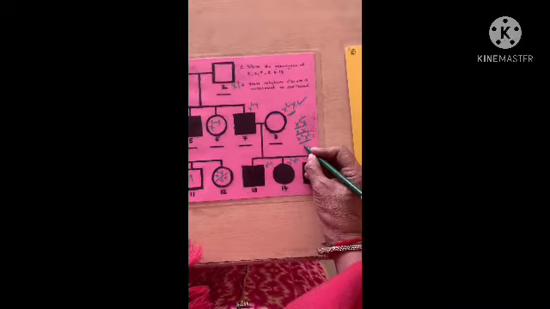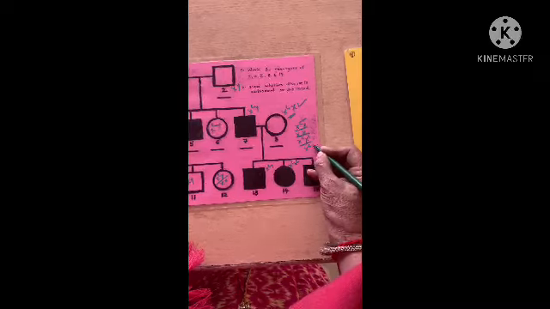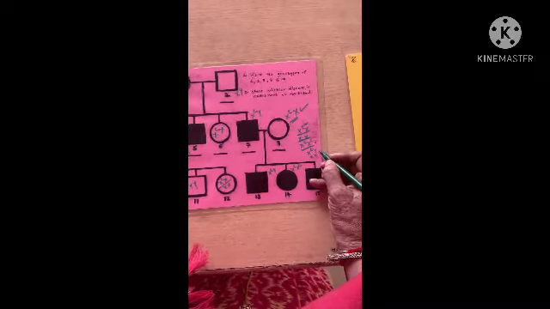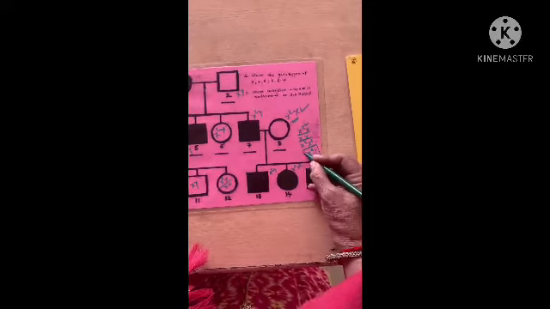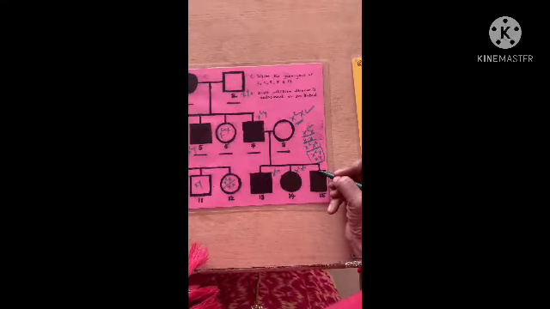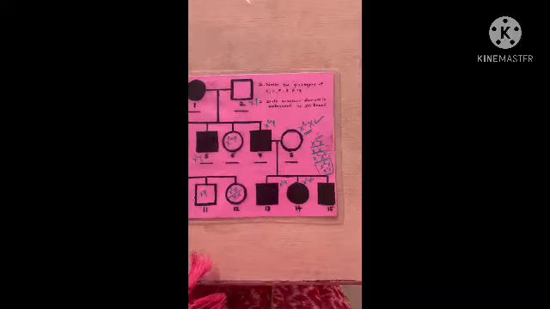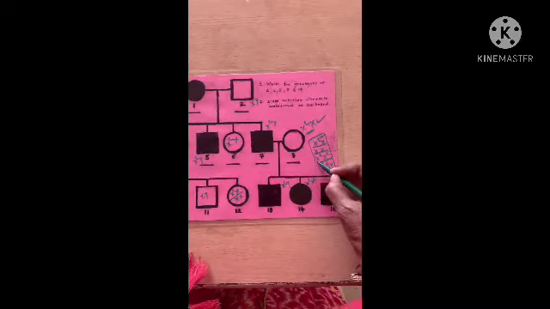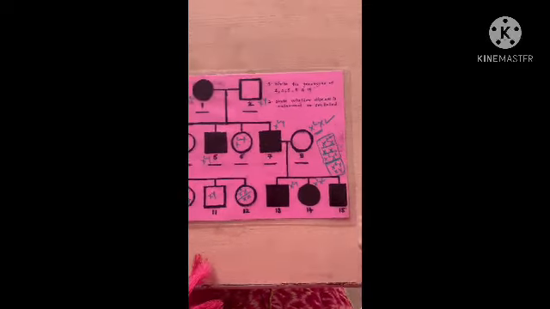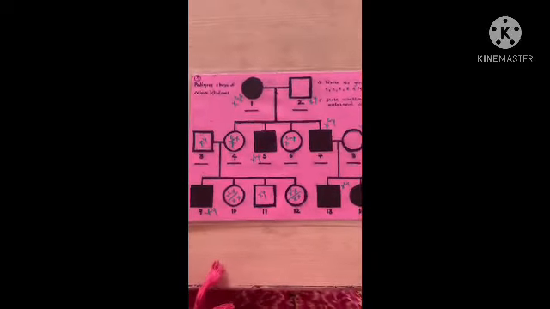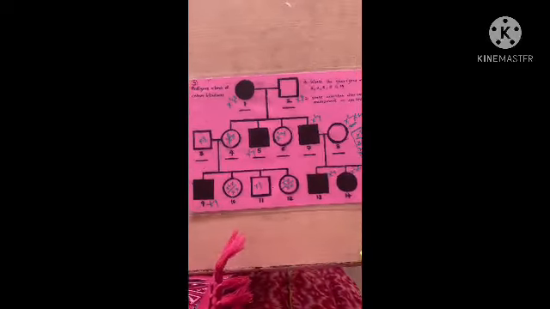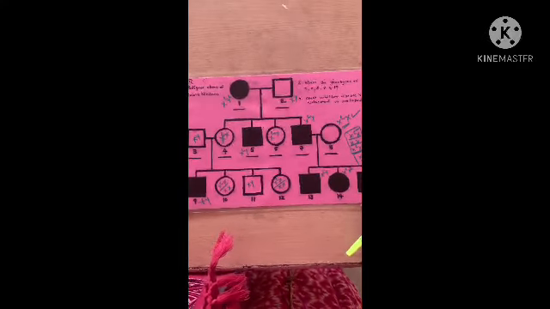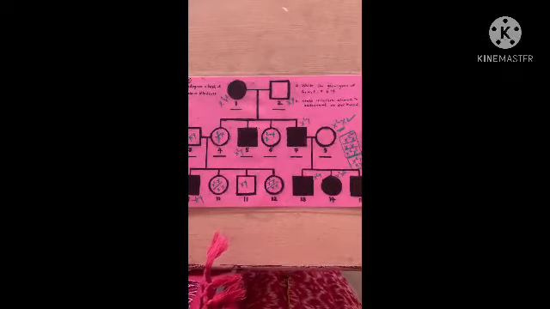But in the male, only 2 possibilities will be there, that is XY. Either the male will be color blind or the male will be normal. In the male there is no third possibility of a carrier if the disorder is an X-linked sex-linked genetic disorder. Am I clear? These are the 3 possibilities for the female and these are the 2 possibilities for the male. And another thing we know about color blindness is that it is also an example of point mutation. It is a recessive disorder and it is an X-sex-linked disorder.